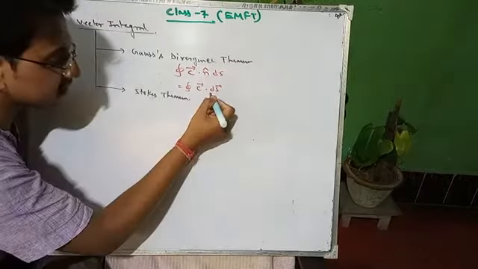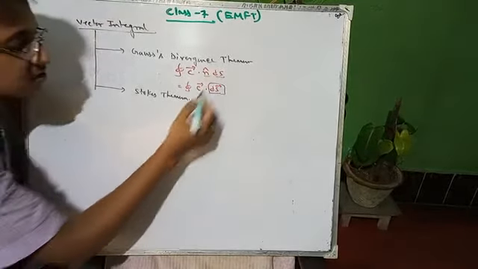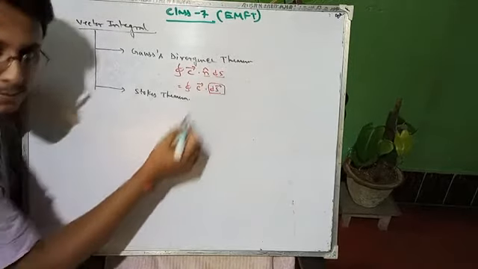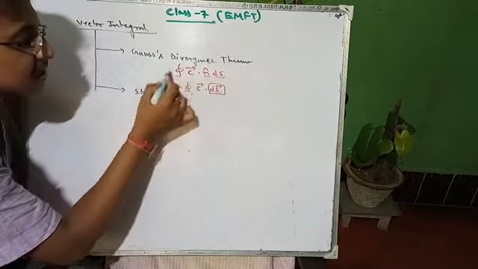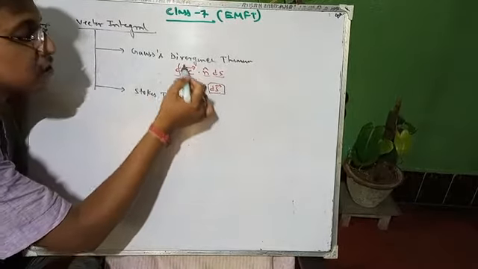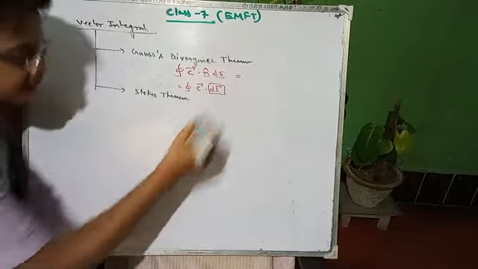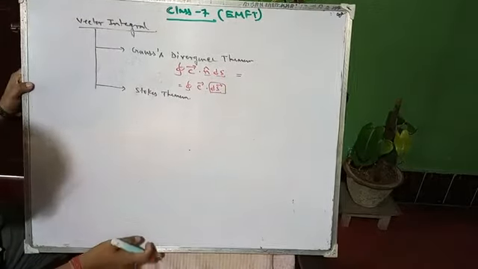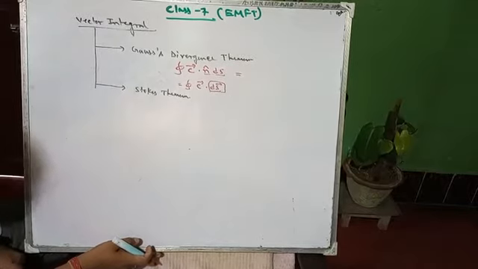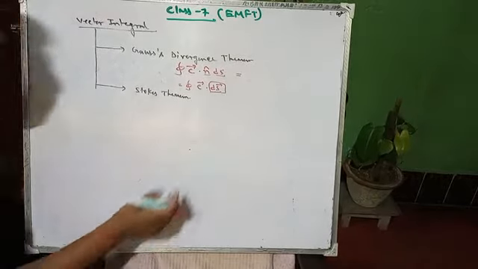This ds vector is nothing but the magnitude and the direction. So ds vector equals ds into n cap. This means the closed surface integration of a vector C is the integral of its normal component, which will be equal to the integral of the divergence of the vector over the volume interior to the surface.